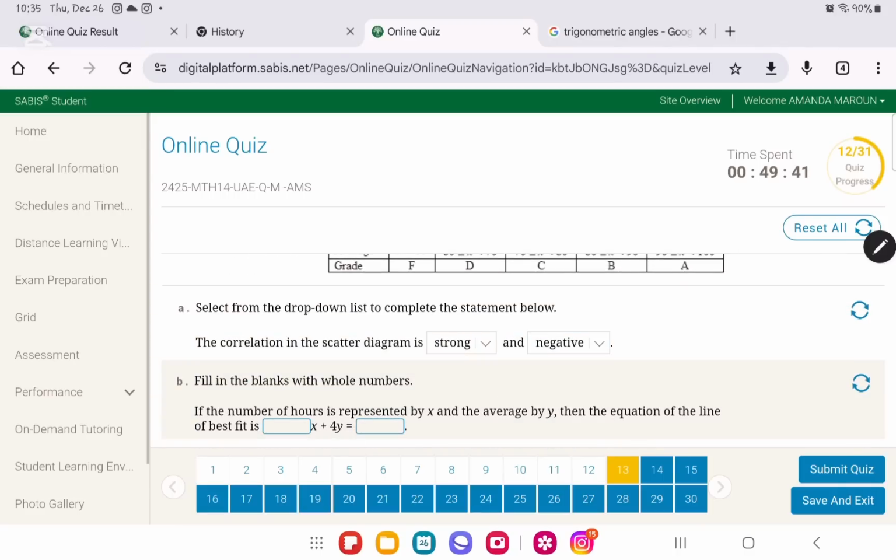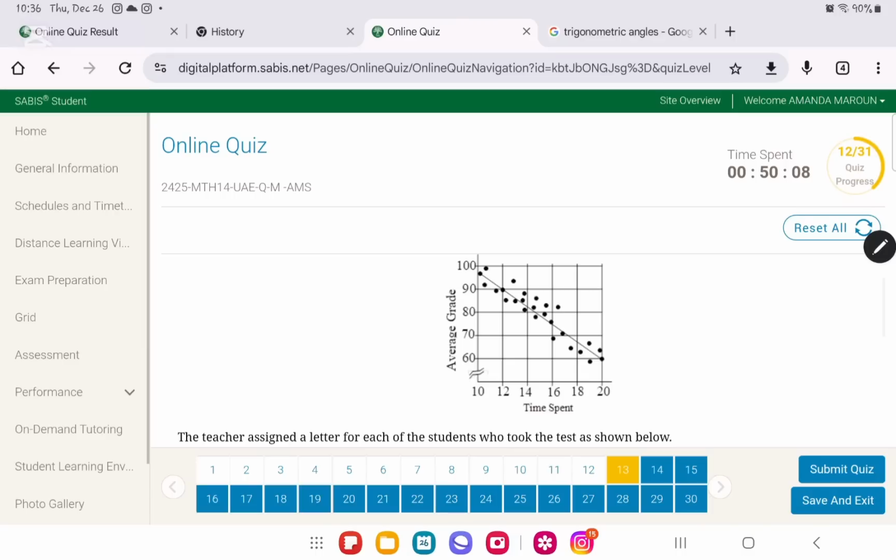Now, if the number of hours is represented by x and the average by y, then the equation of the line of best fit is blank x plus 4y. So very simply, what I recommend doing is to find the equation of the line. First thing we're going to do is find the slope. Then we're going to substitute the slope in the basic line equation, which is y is equal to ax plus b. So very simply, to find the slope, we're going to choose two random points. In this case, it's